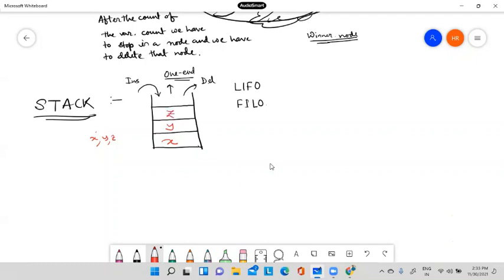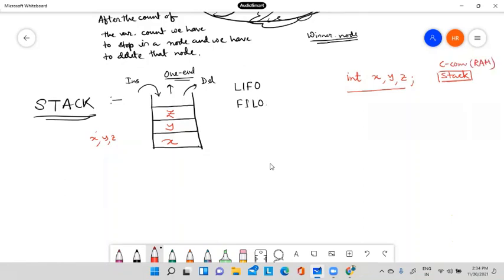The same thing is used in our compiler. Whenever we declare variables, suppose I have declared three different integer variables x, y, z. Remember, this type of variable will be allocated in the stack memory, which is assigned for the C compiler in our RAM.